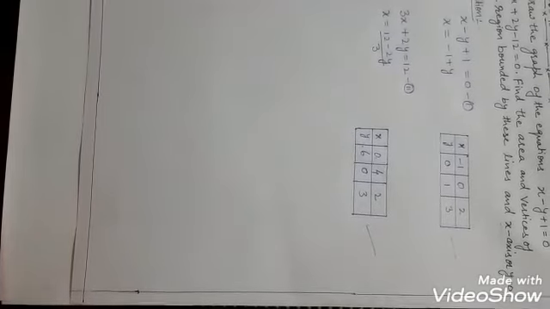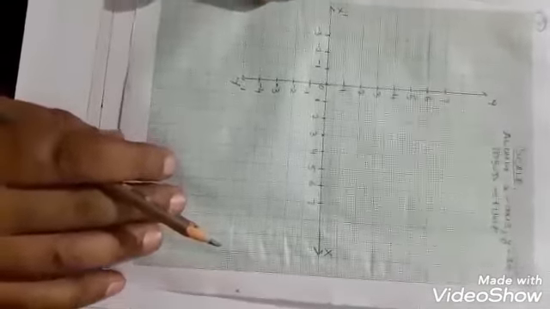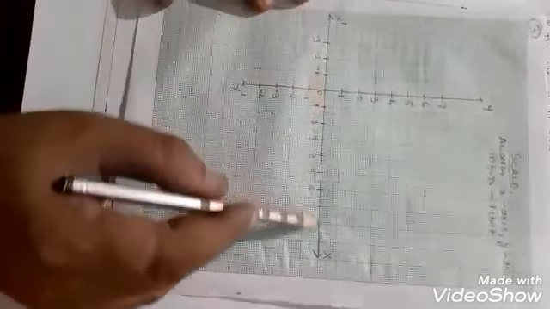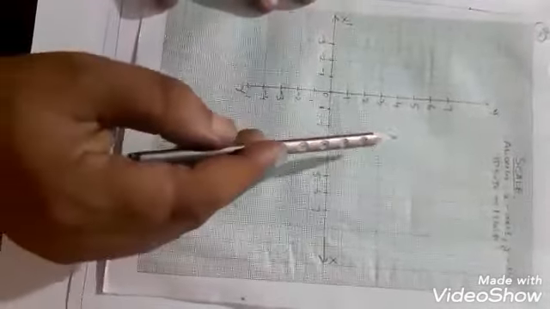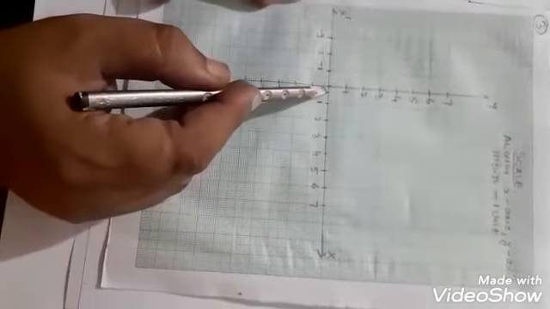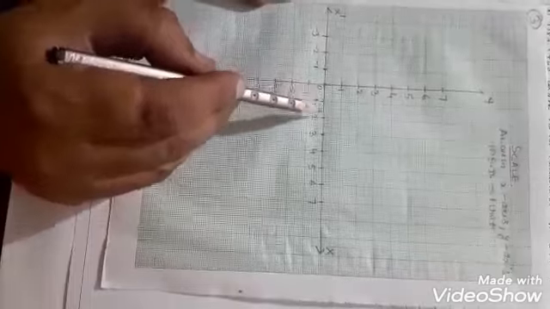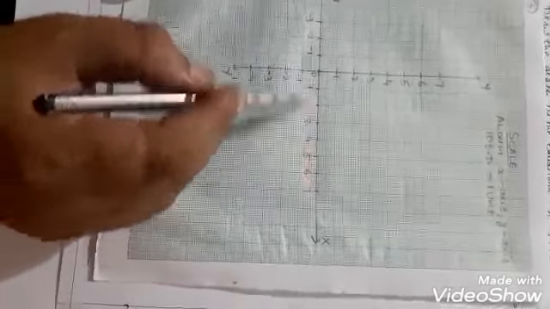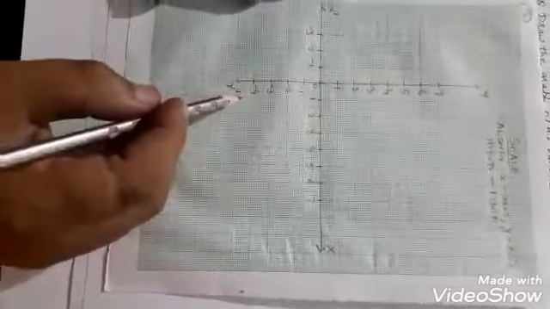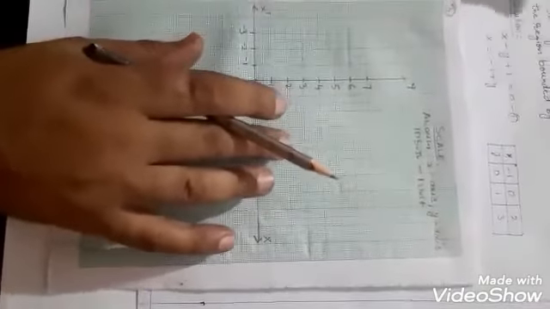So, in this graph, this horizontal line is known as the x-axis, this vertical line is known as the y-axis. Again, the scale which you have selected here, 10 small divisions we have taken as 1 unit. This is again 2, 3, 4, 5, 6, 7. Similarly on the y-axis also. Now, let's plot the tables one by one. Let's plot the first table.